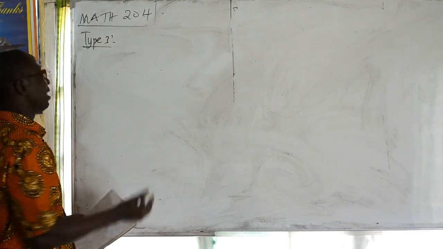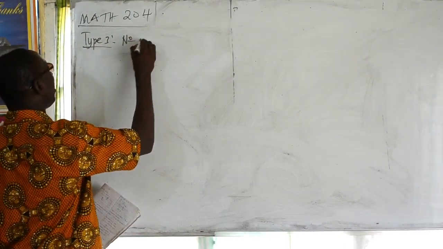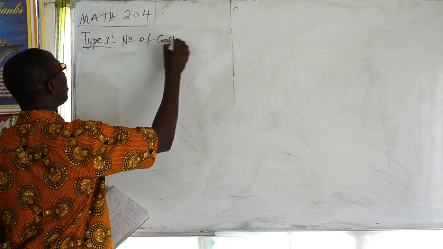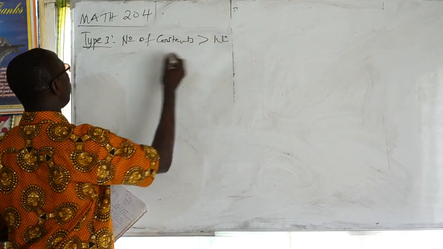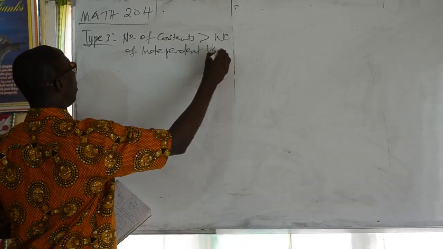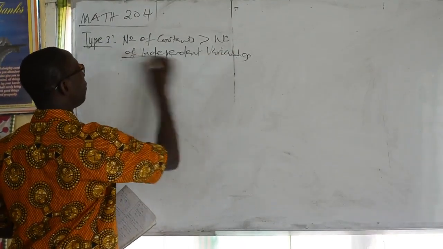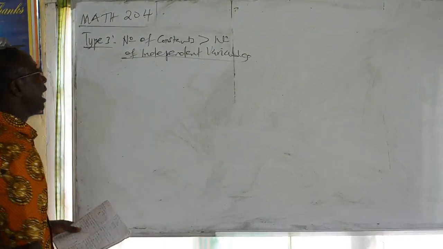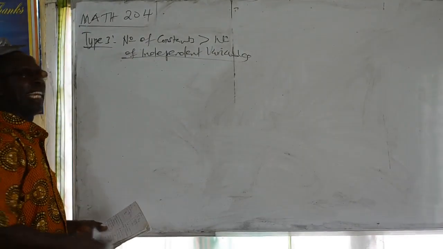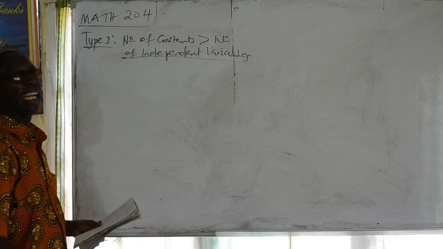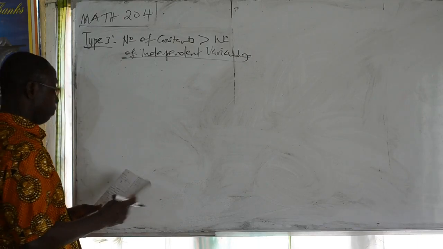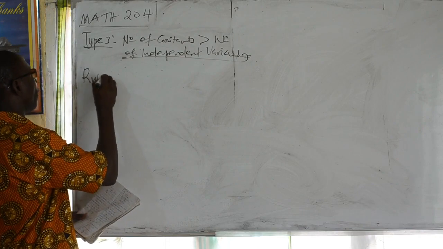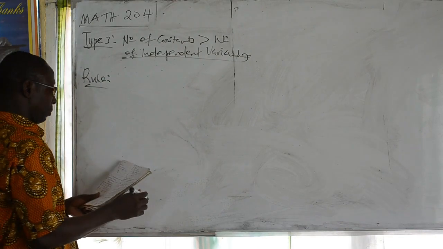Number of arbitrary constants is greater than number of independent variables. That is, there are more A, B, C, D than the X, Y, Z. Okay, so we will have a rule governing that. The rule is